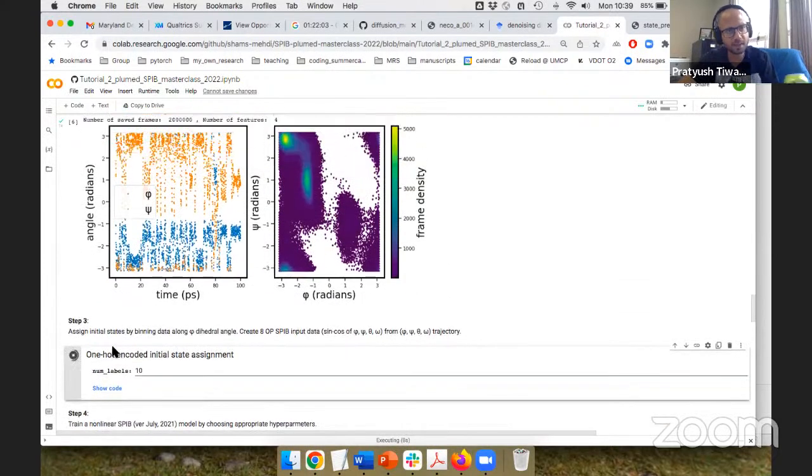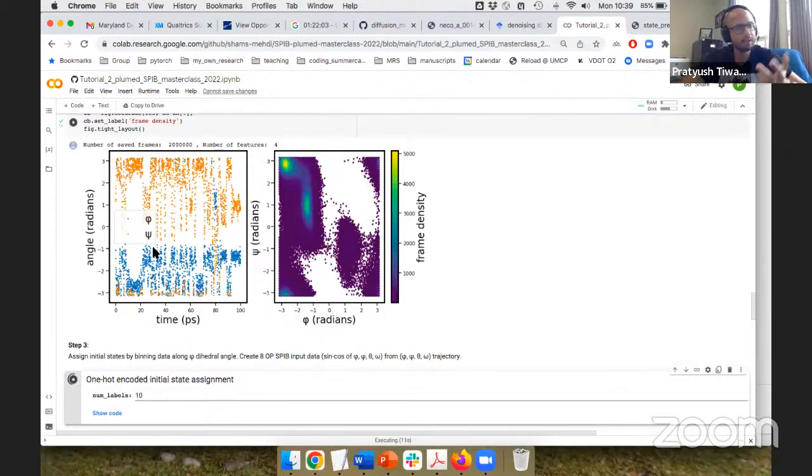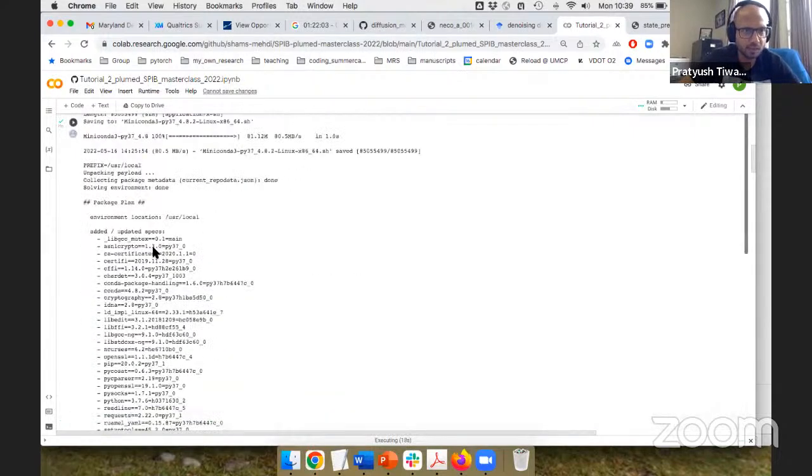So one of the very nice things we came up with is, what if you have no idea about phi or psi for some practical system? How do you come up with initial labels? So if you look up the paper, which has been mentioned